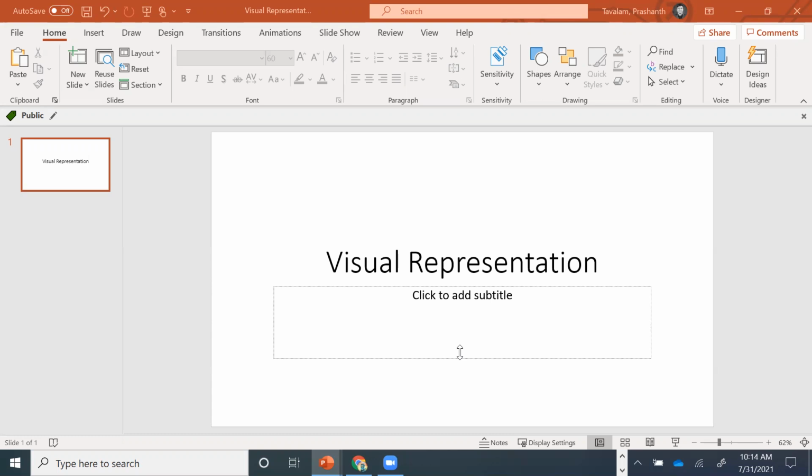Vivek, Ashwini, who else is there? AK, can you think of an interesting topic? Come on.